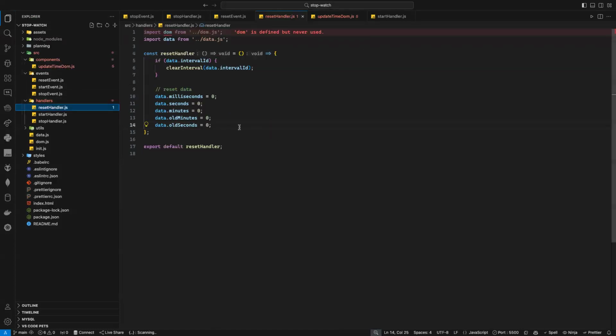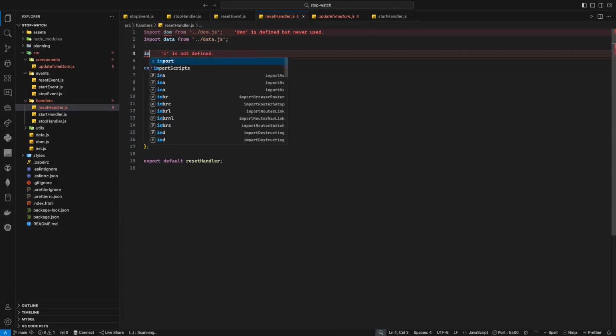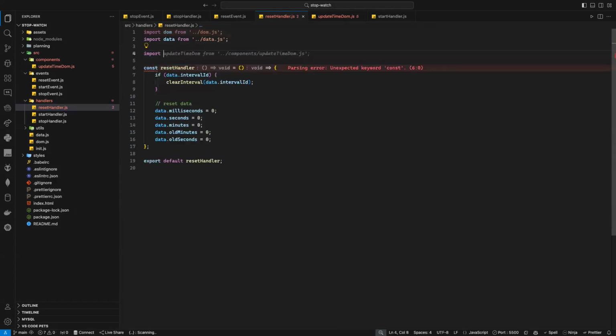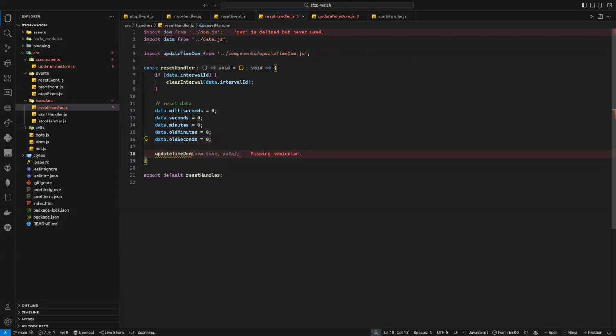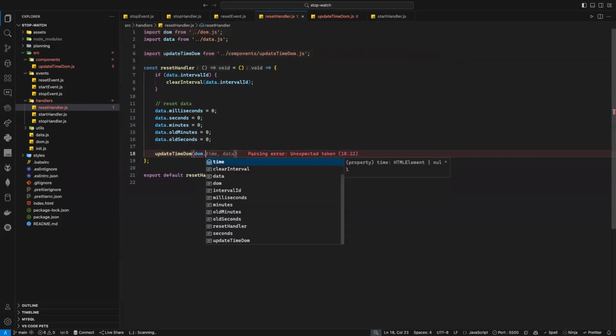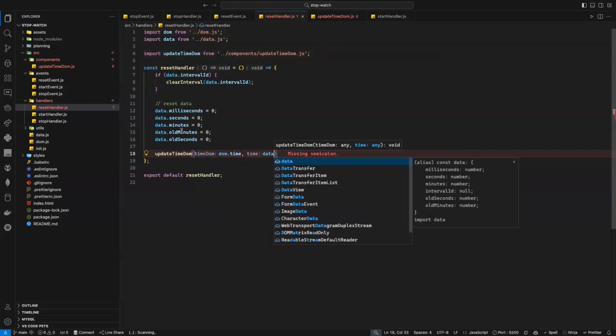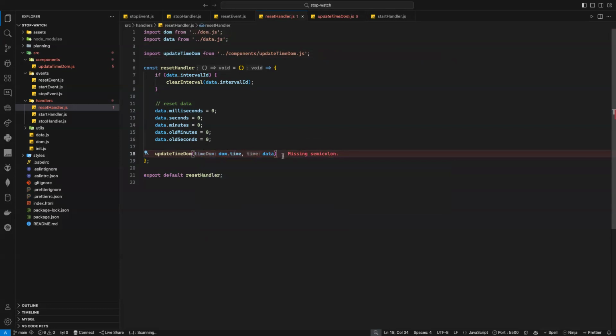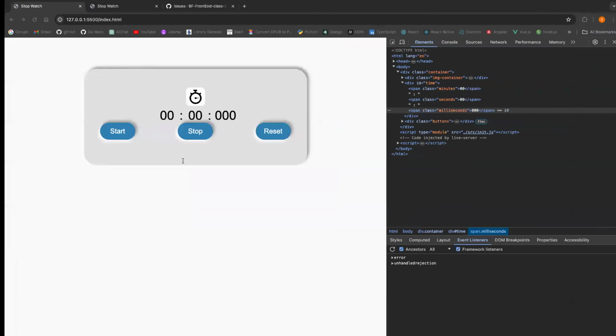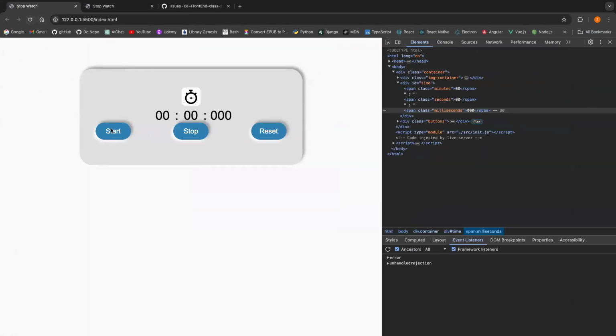So let's go to reset here. And all I have to do, simply, I just need to import the update time DOM function. And I just need to call it here. And here I need to pass my DOM. Do I have the DOM here? Yes, DOM.time. And then I need to pass the data. Remember here, the data, I change them. I make everything 0. And then I'm just going to call this one to update my DOM. And now here, if I go here, refresh, start,